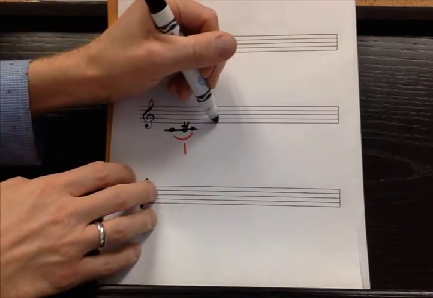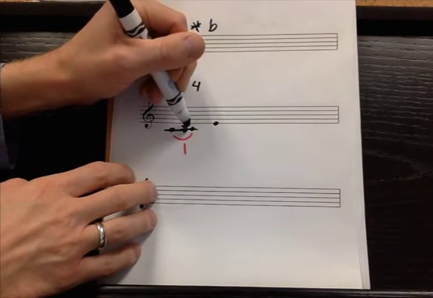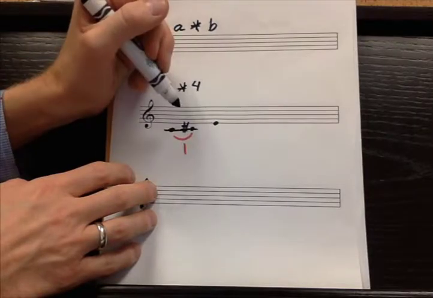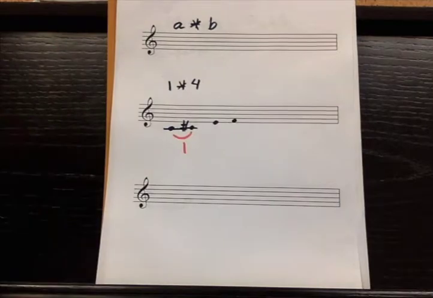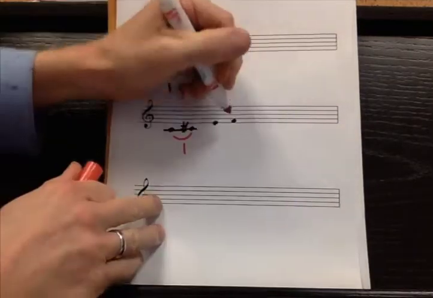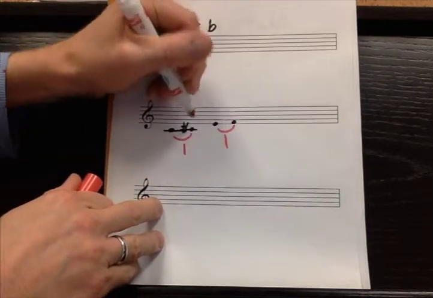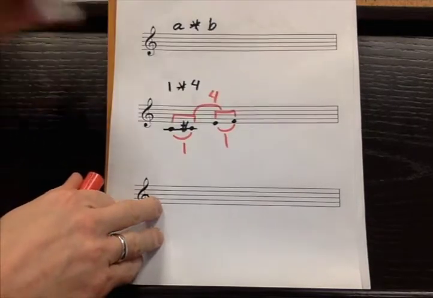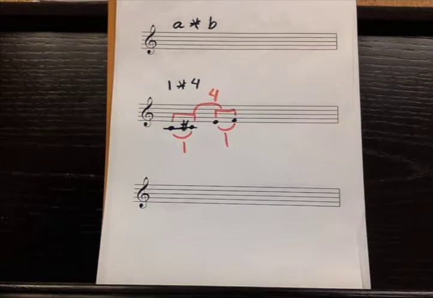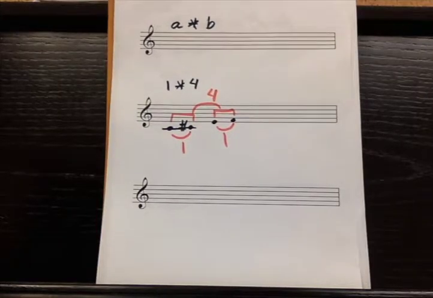So C goes up to E, and C sharp goes up to E sharp, which is the same thing as F. Okay. And the relationship between these pair of notes is 4 semitones. And the notes together are